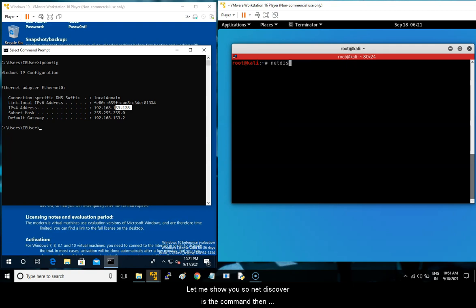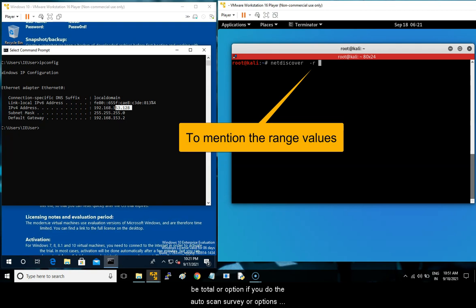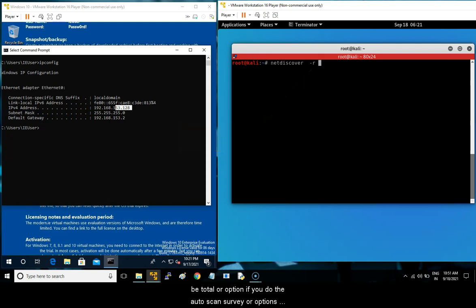So netdiscover is the command, then hyphen r is the option. That is to mention the range values. Without the r option, it will do an auto scan. So with the r option, we can mention the ranges. For example, I need to check the IP range starting from 192.168.153.0/24. So 24 is nothing but this will try to show all of the IPs that start at